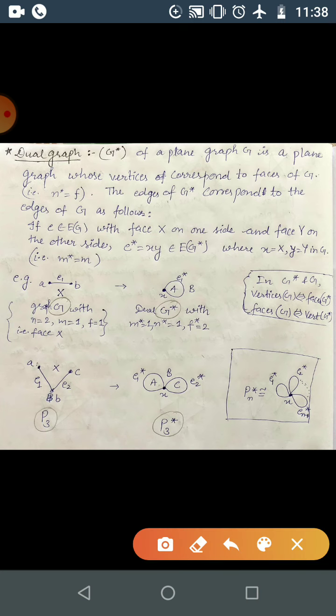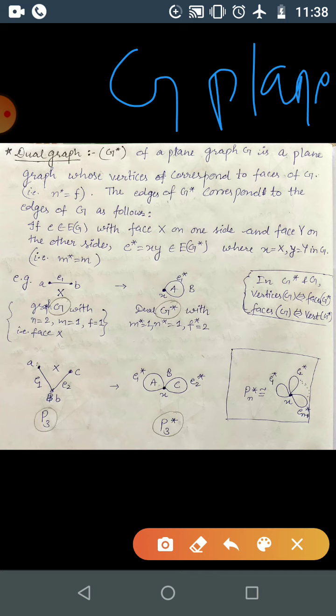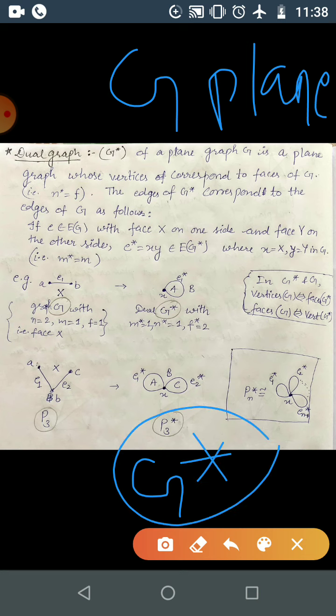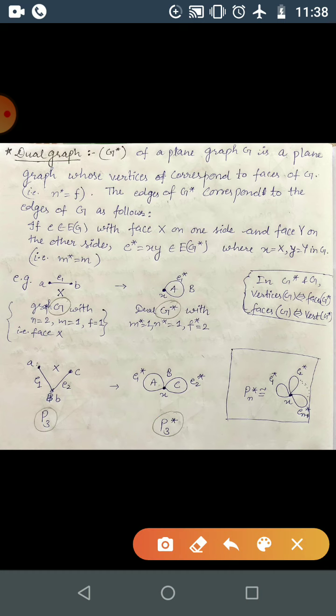Now we can come to another plane graph. Starting with any plane graph, or planar embedding, you can find another graph, denoted by G star, known as its dual. That will also be a plane graph. It is formed corresponding to the vertices and regions, or faces. G is a plane graph, so it divides the plane into parts known as regions, territories, or faces, and there will be some vertices and edges. So corresponding to